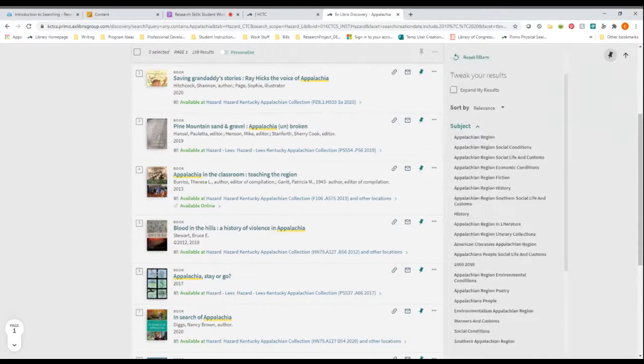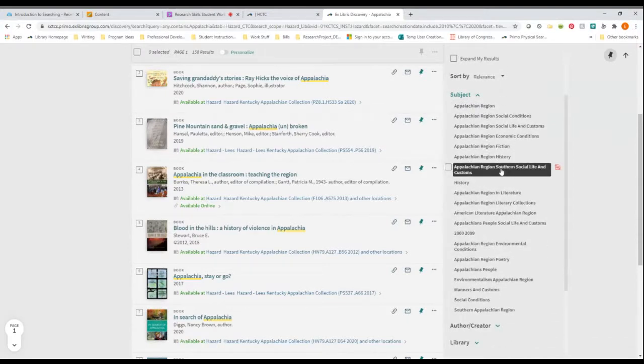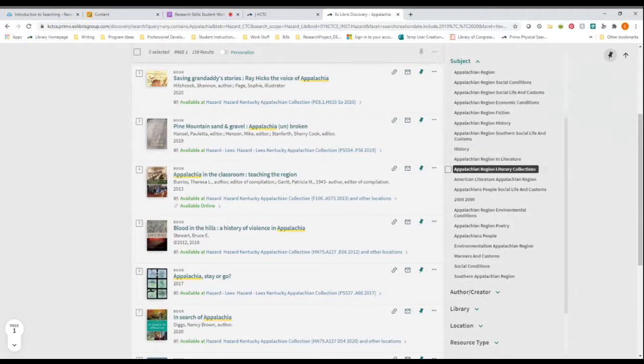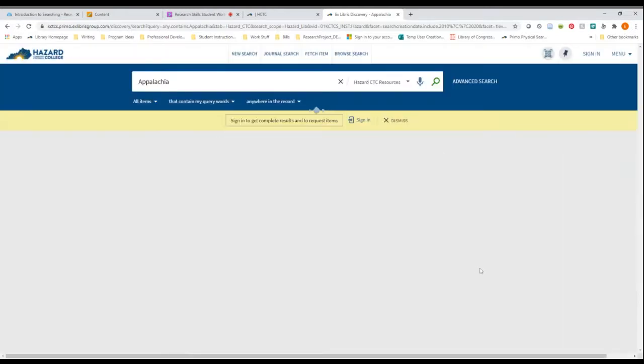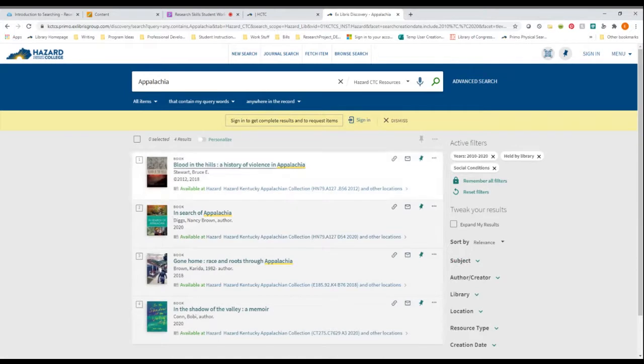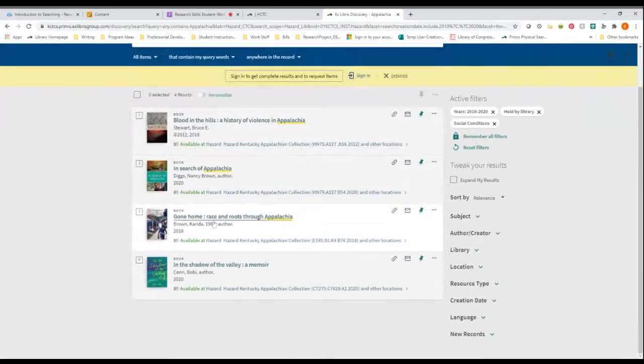And again, you can go into those subjects after you've narrowed down by those other parameters, and you can see what's available within these results and choose to narrow that way. So we've got Appalachian peoples, manners and customs, social conditions. So we'll click on social conditions. And then that gives us 4 results. So here, the top one, let's go for the newest one, In Search of Appalachia. There's 2, but this one,